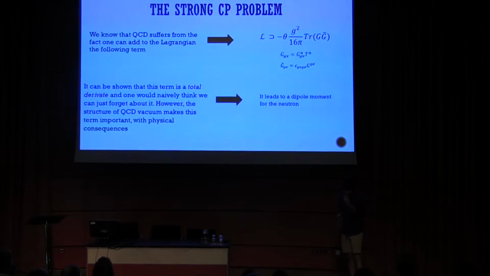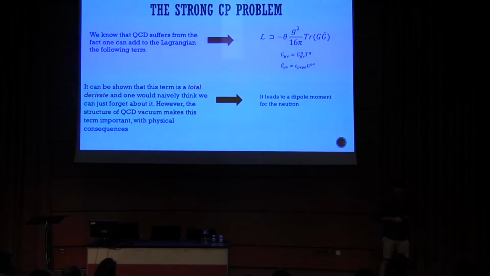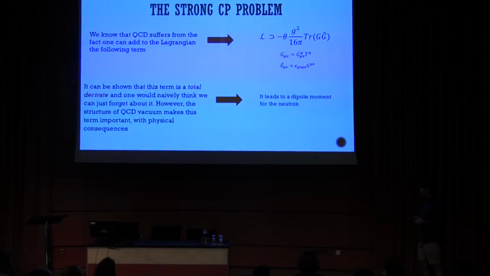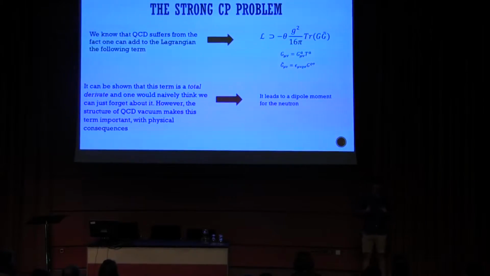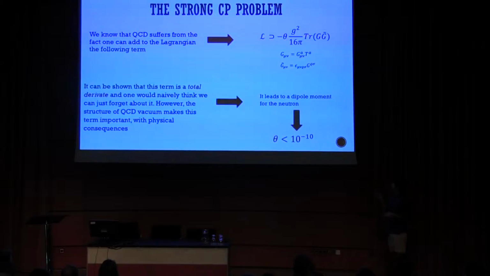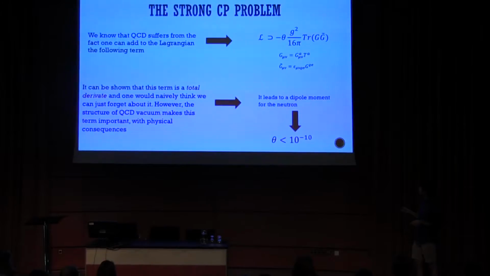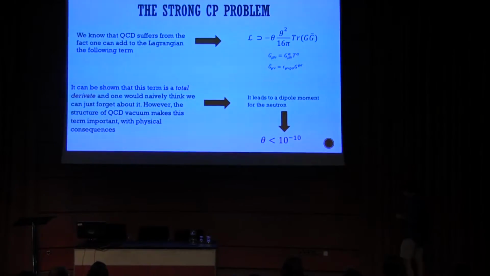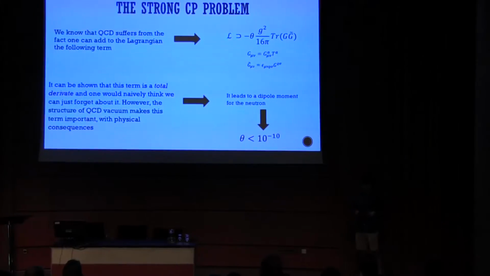So let me start with a little bit of introduction, because we didn't hear a lot of talks about the strong CP problem and the axion. We all know that QCD suffers from this problem. Essentially, in the Lagrangian you can put a theta term like this, and even if it is a total derivative, because of the topological structure of the vacuum of SU(3), you can have observable effects, and you predict a dipole moment for the neutron, for which we just have bounds. This turns into a constraint on the theta term, a dimensionless parameter that has to be very small, and we would like to have an explanation for why it is so small.